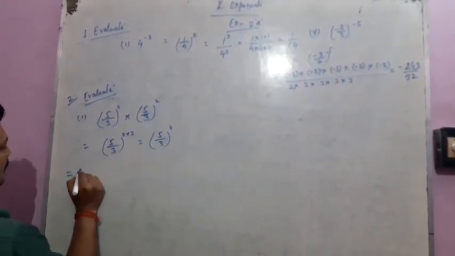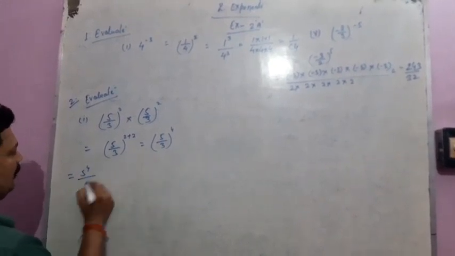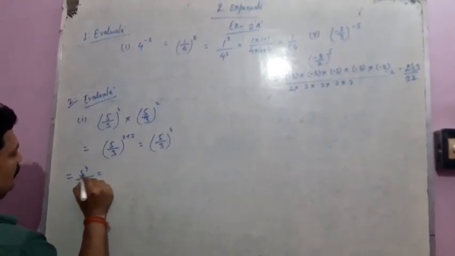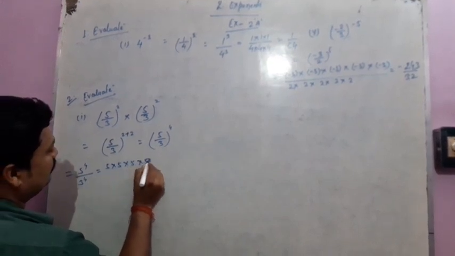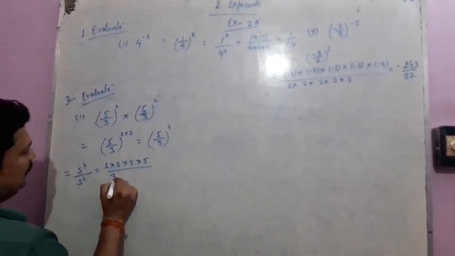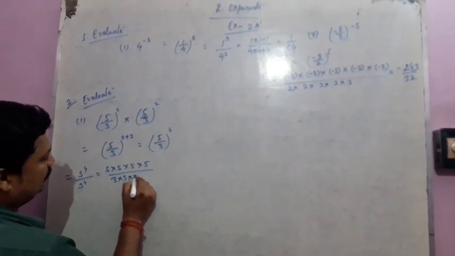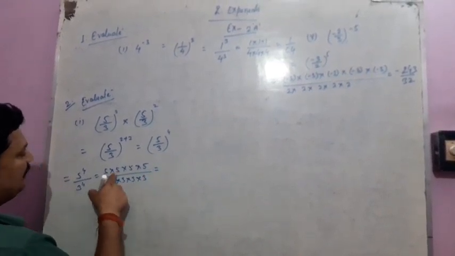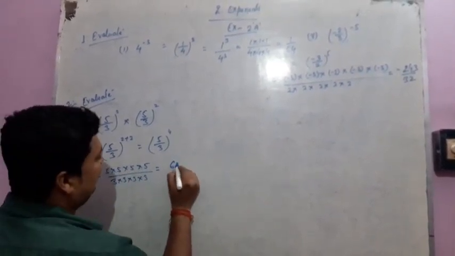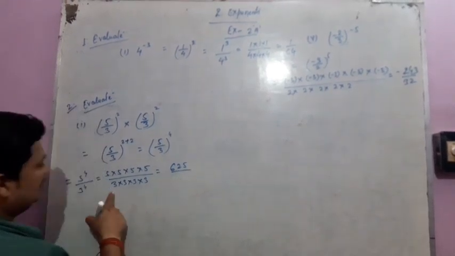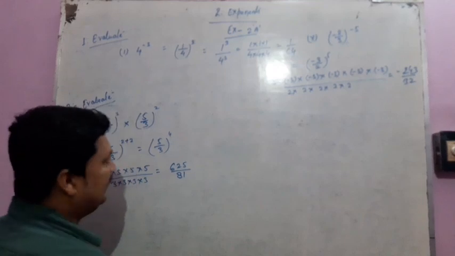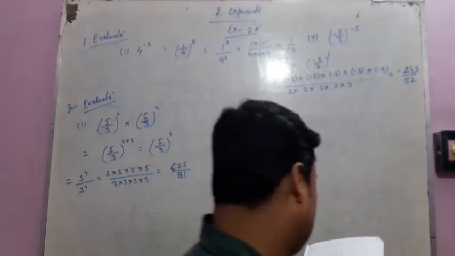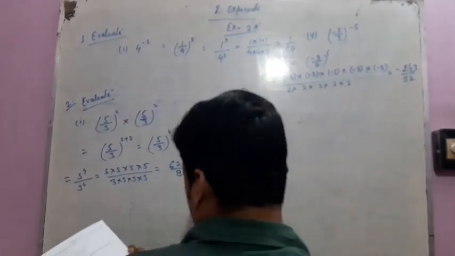That means the power of 5 is also 4 and the power of 3 is also 4. Now 5 we have to multiply 4 times, and 3 we have to also multiply 4 times. 5 5 are 25, 5 are 125, 5 are 625. 3 3 are 9, 3 are 27, 3 are 81. That is our answer. Look one more example here. Question number 4.